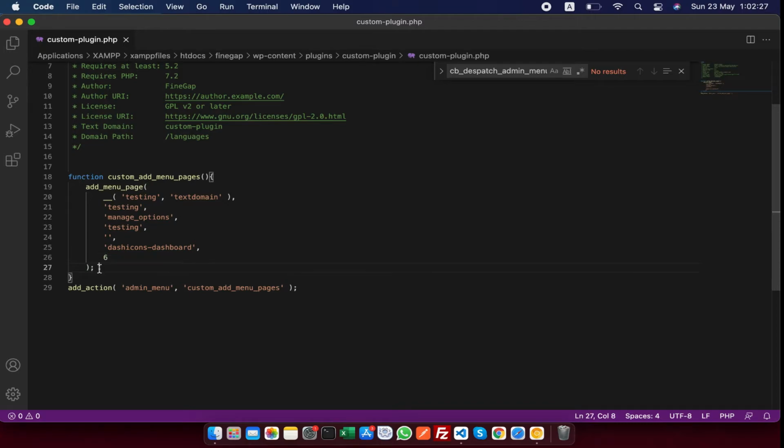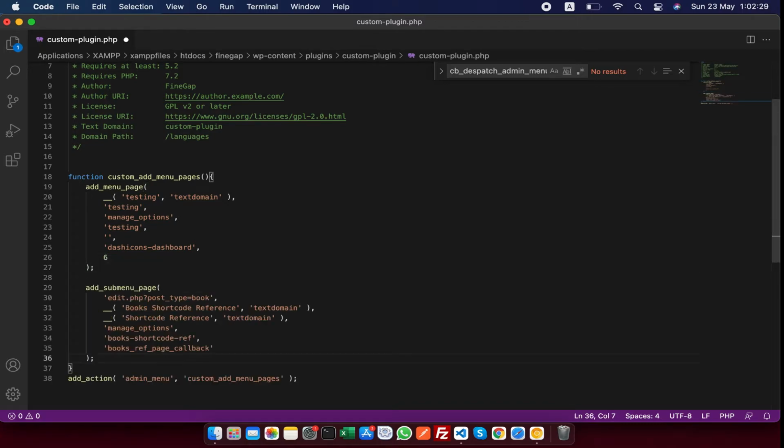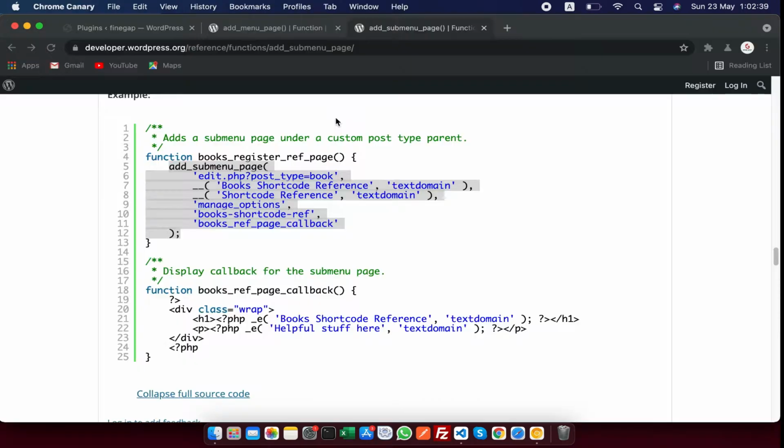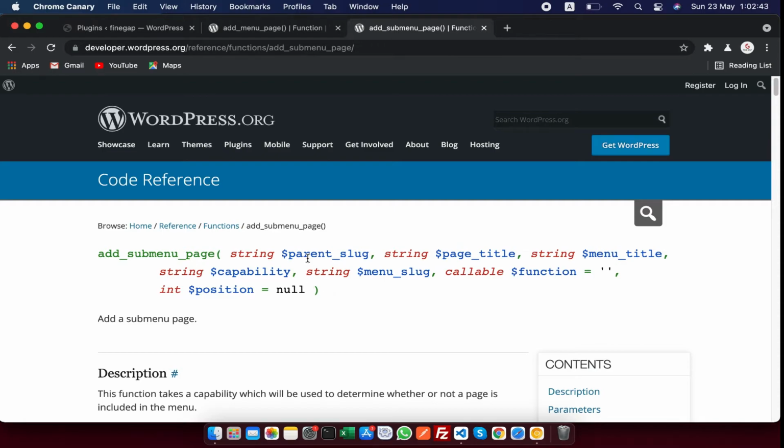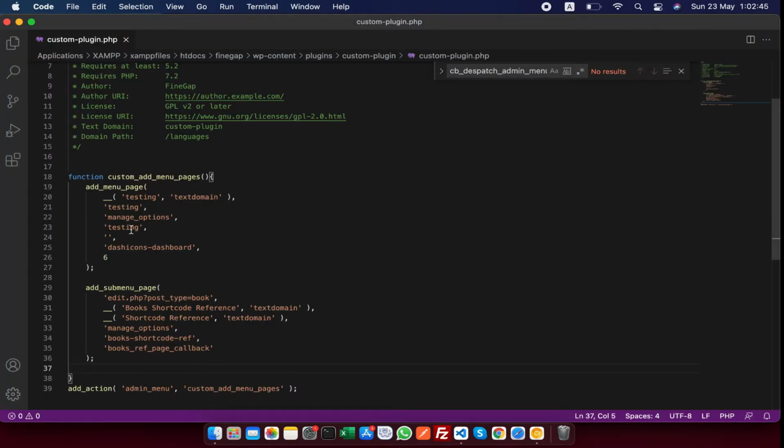Copy it and paste it in the same hook. So go to the definition, parent slug. This is the parent slug of the admin page. I will add it in the parent slug position.